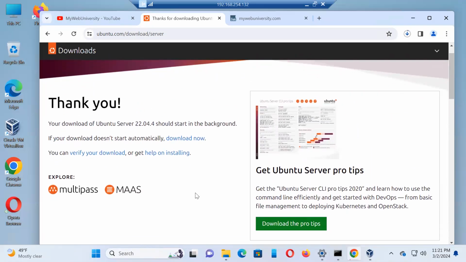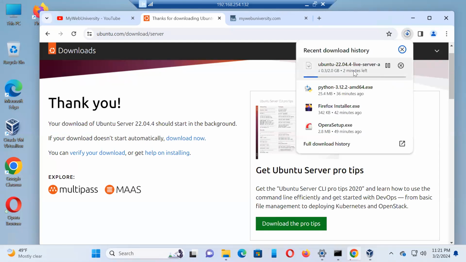So here I have the download starting automatically. If it didn't start automatically, you can see it has already started automatically. And because I'm connected to the Ethernet and it's fast, you can see that it takes about a minute to do it. While this one is downloading,